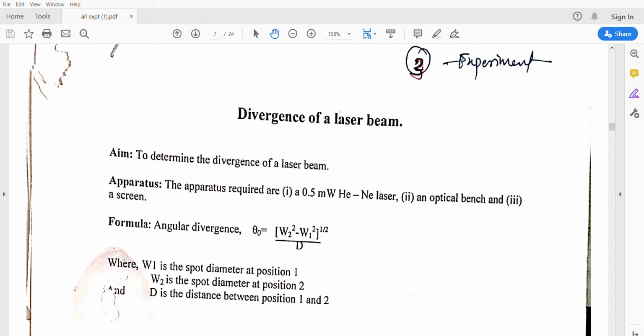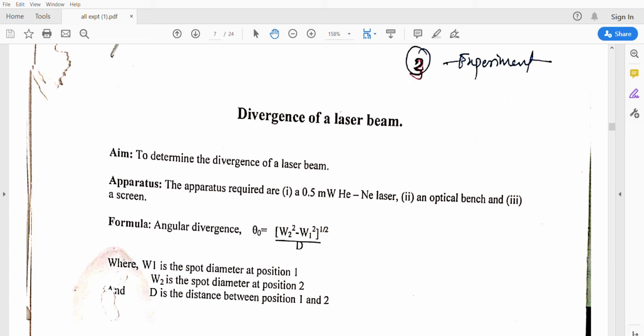We know that the laser beam is different from normal light. A laser beam has some special features, which we have in the theoretical portion also. The laser beam is highly monochromatic, a highly intense beam having high brightness. It also has low divergence, and it is straight light. It is a highly directional beam, and also a highly coherent beam. So these are all the special features.